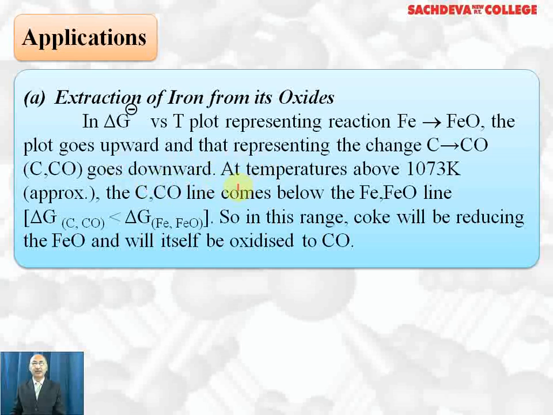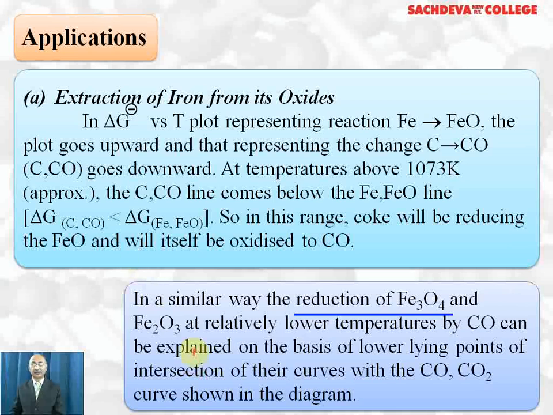At a temperature above 1073 Kelvin approximately, the carbon and carbon monoxide line comes below the FeO line. That is, delta G C to CO is less than delta G Fe to FeO. So in this range, coke will be the reducing agent for FeO, and carbon itself will get oxidized to carbon monoxide. The reduction of Fe3O4 and Fe2O3 at relatively lower temperature by carbon monoxide can be explained on the basis